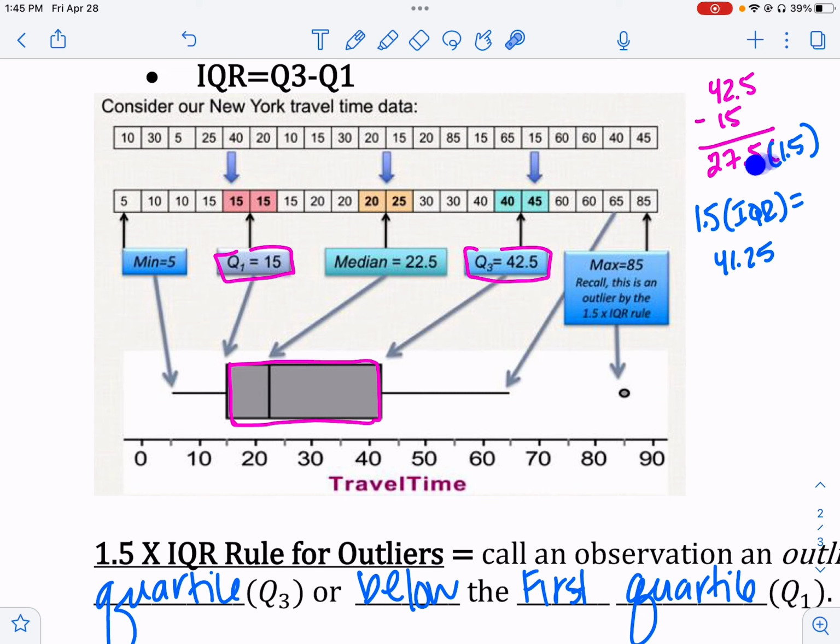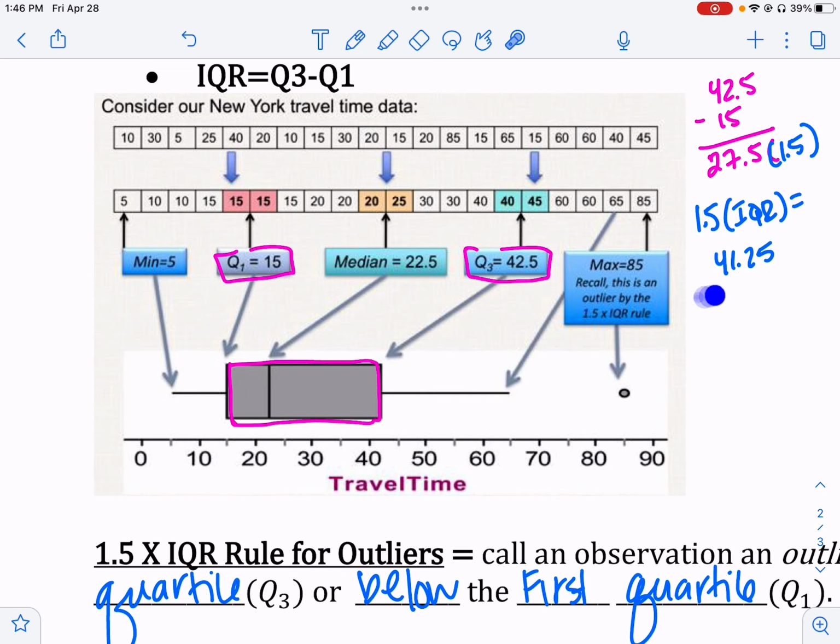Slightly larger number, but not double what we had. Now this number says this is the furthest away from your quartiles that you can be. This is as long as my whisker can be. My whisker cannot be longer than this distance. If my whisker is longer than this distance, that's actually an outlier. I would plot that one by itself,